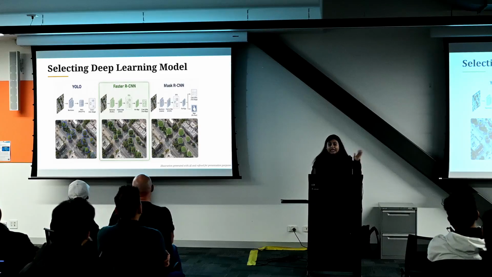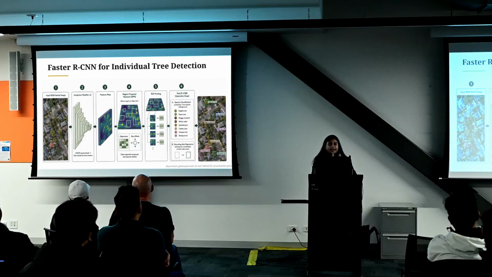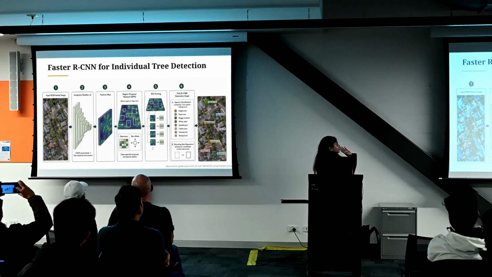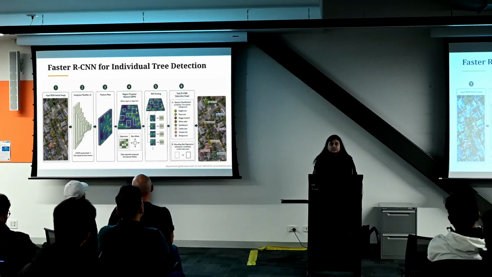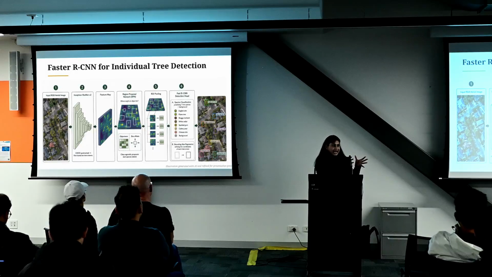So how did it work? I got the aerial image of my study area in Bendigo, then divided it into 100 by 100 frames. In each frame, I manually annotated tree species, over 6,000 trees. And then I fed the model, where the Inception ResNet V2 backbone acts as a feature extractor, so it gets the edges, the texture, the tree crown patterns and everything, and it holds the characteristics.